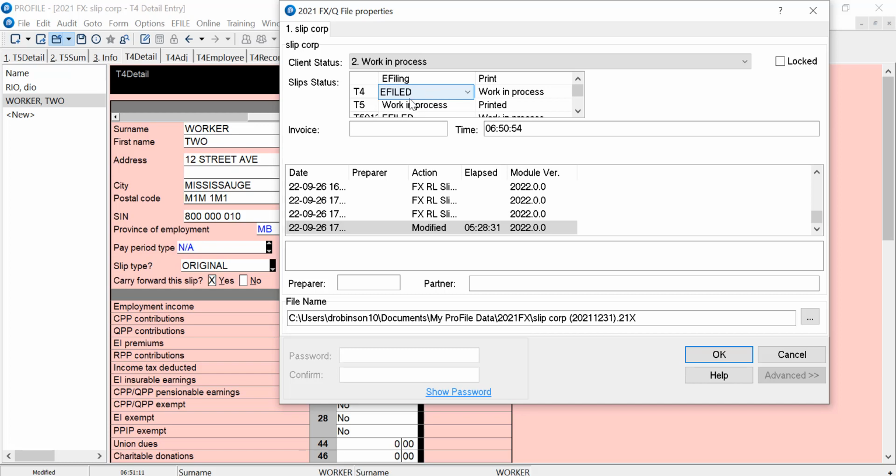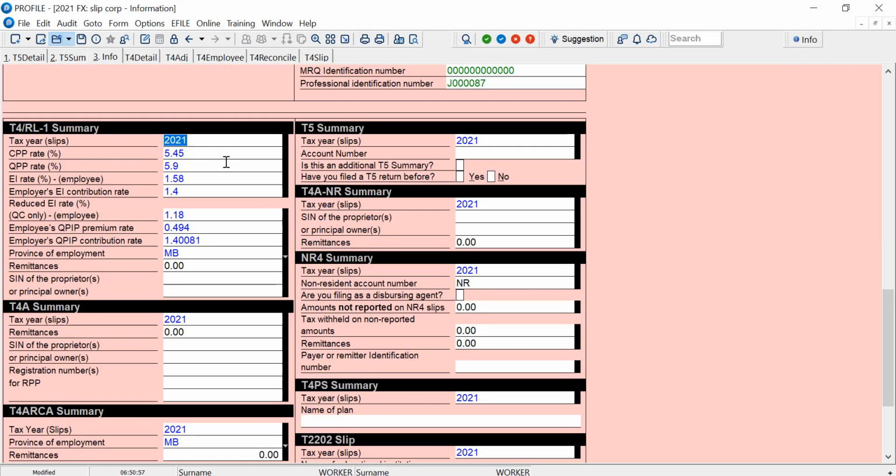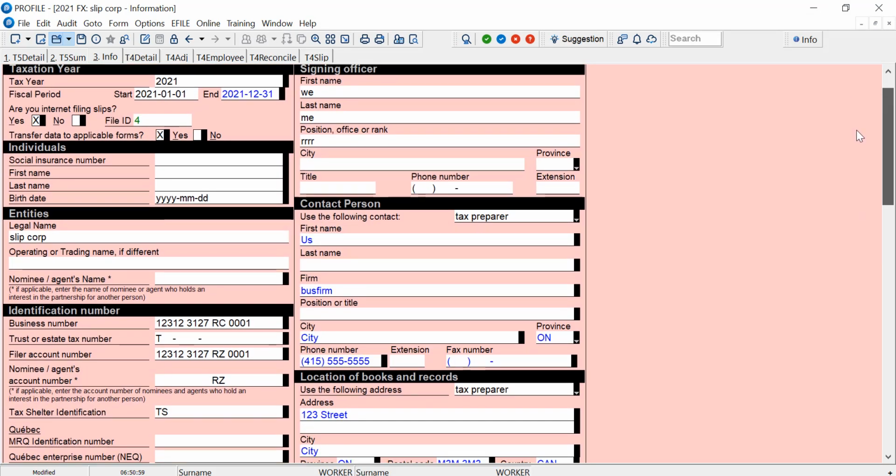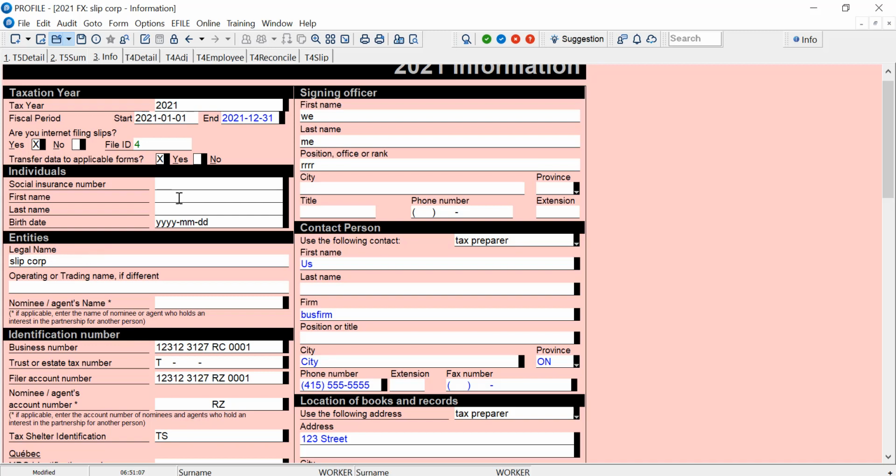So you can't go here and say, okay, it was filed, e-filed, so I don't have to worry about this anymore. CRA does give you a screen that says your file was uploaded. That is the only record you have of submitting XML to CRA. I'll also go to the information screen, and there is not a place on the info screen with an acceptance number or some confirmation number. Again, there's no number in ProFile that shows that the